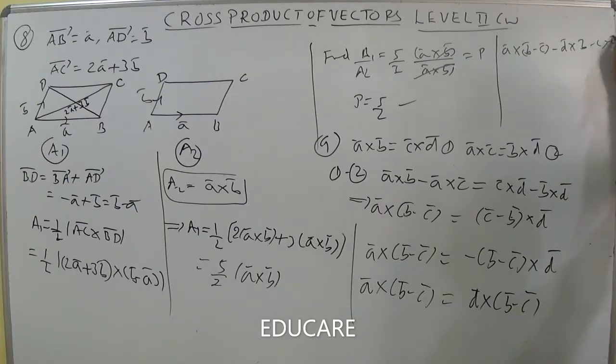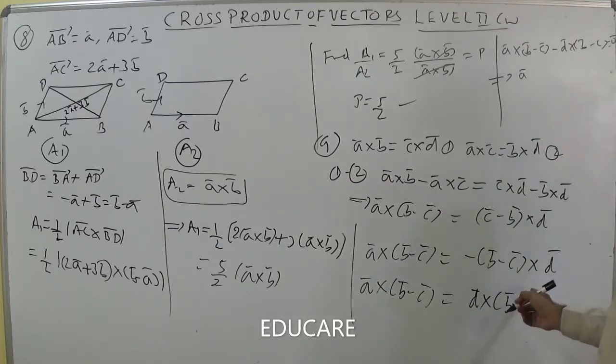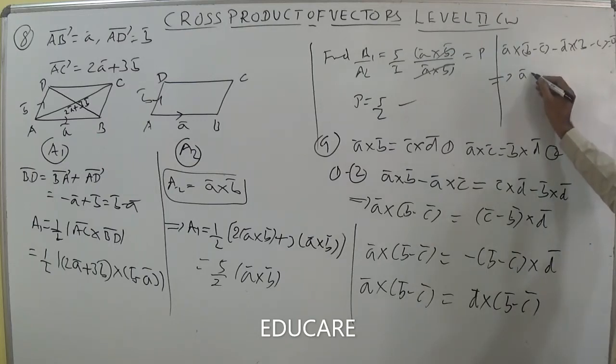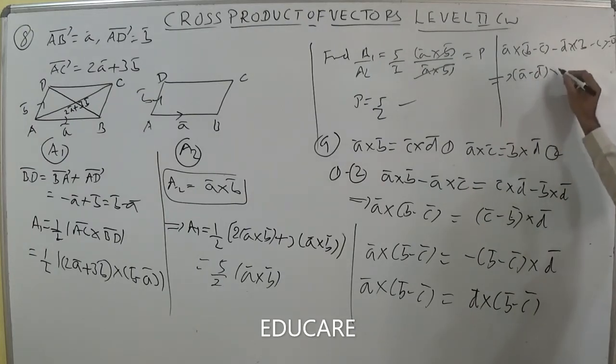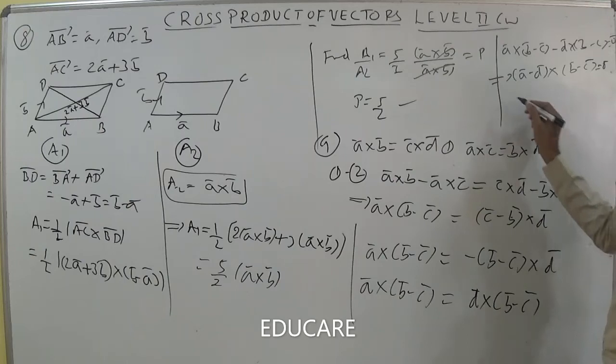Minus of D cross B minus C equal to 0. Then if we take B minus C, it is also not possible. D minus C, now minus is okay. A cross, if we want to take B minus C, we get A minus D, we can write here. A minus D cross the second vector taken common here. So we can write A minus D cross B minus C.